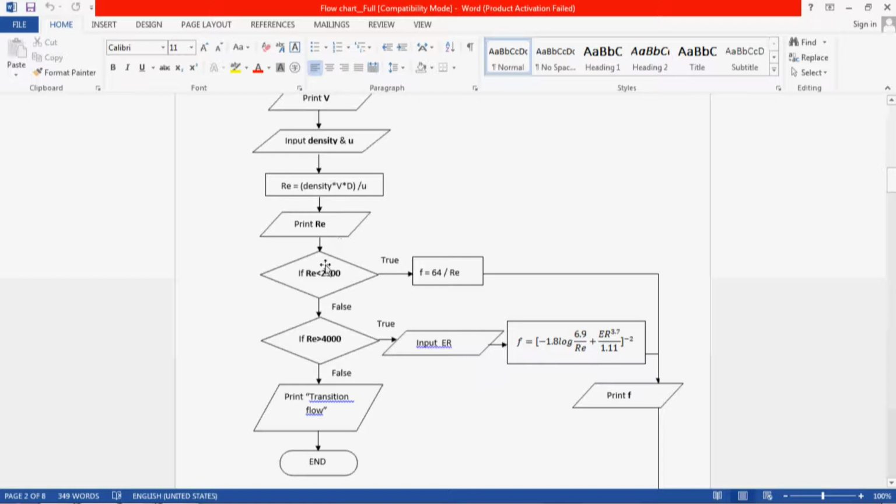The program will make a decision: is the Reynolds number smaller than 2300? If this statement is true, it will go to another computation rectangle, which is this formula, and then calculate the value of f. After that, we flow to print out the value of f. If the statement that the Reynolds number is smaller than 2300 is false,